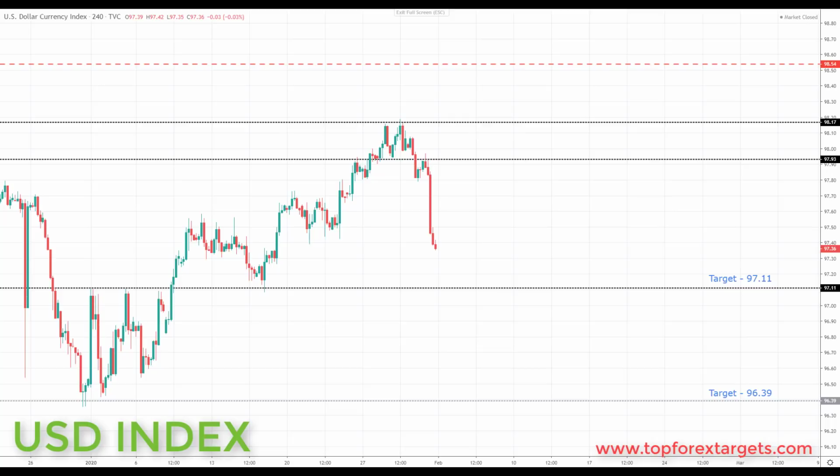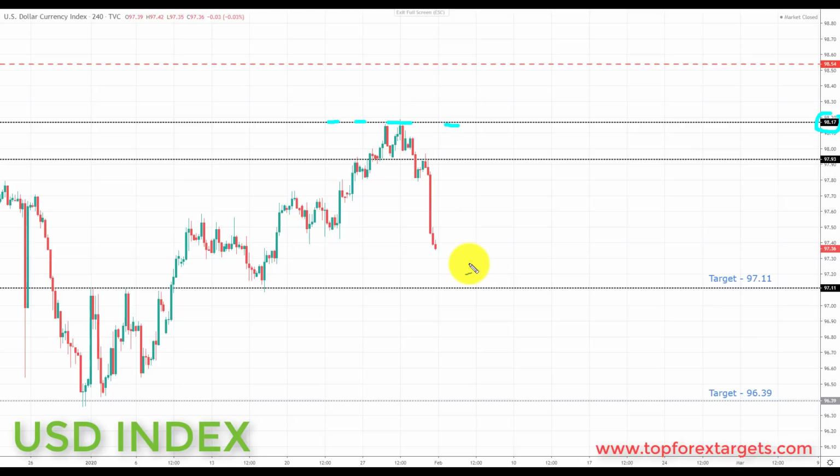In terms of the dollar index, technically first, we did highlight the 98.17 as a target to look for in the dollar index last week. We did take out this target and turned almost to the pip at this key area of resistance we highlighted last week, and we started to sell off quite hard from this area.